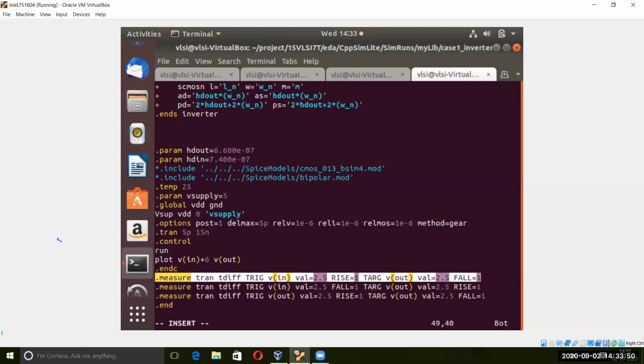So that is 0.5, and 4.5. Again, you can delete that; the rise one is not required. Then trig is equal to V out value 4.5.